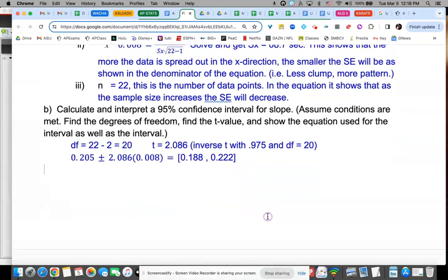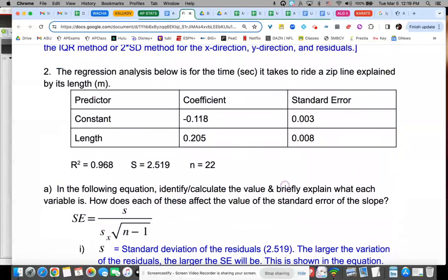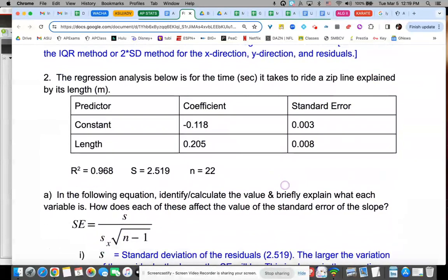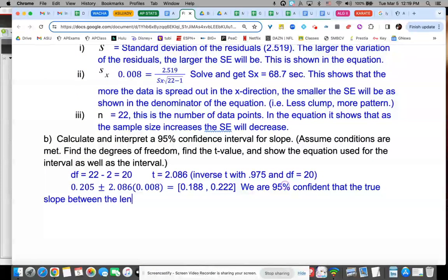So if I were to interpret that, where'd my interpretation go? It's not there. It says interpret. I didn't interpret it. So we are 95% confident that the true slope now, right? This is the slope between, sorry, I forgot what we were talking about. Time for a zip line and the length of the zip line. Between the length of the zip line,